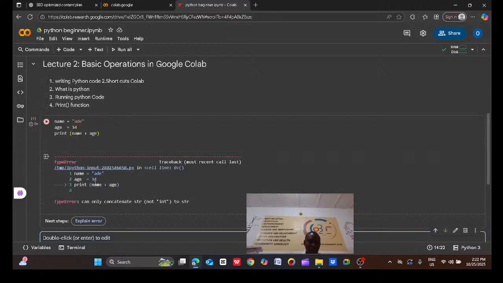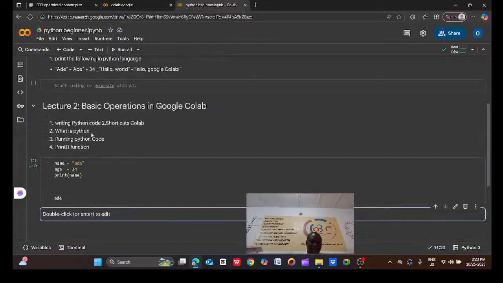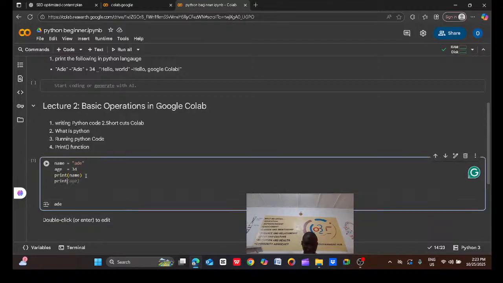Oh, sorry. This is exactly what happens when you have an error, when what you do is not this. So the first thing is you print them differently. Print name, name is Ade. After that, you are also to print the age. Print age.